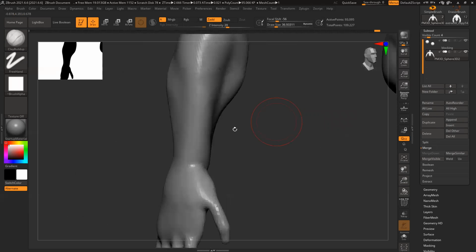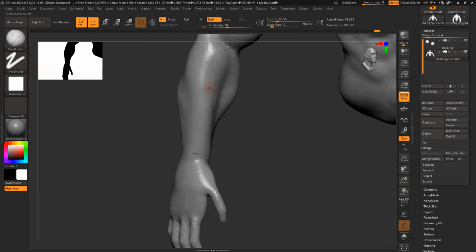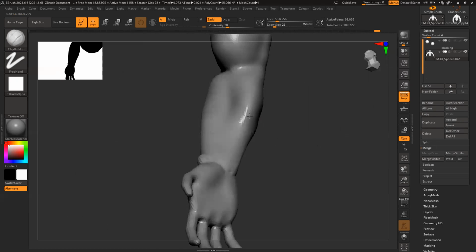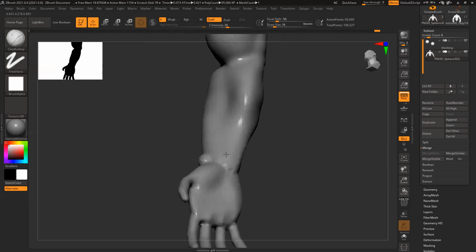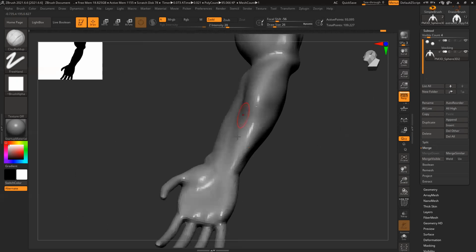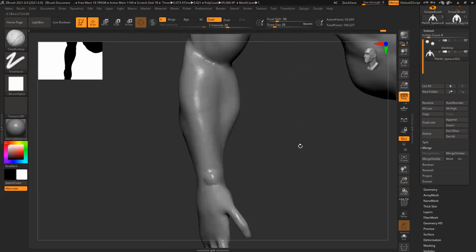So corner, this bone ends here. You have this prominent, visible bone. And there's a depression that connects to your wrist. The front part is almost flat.